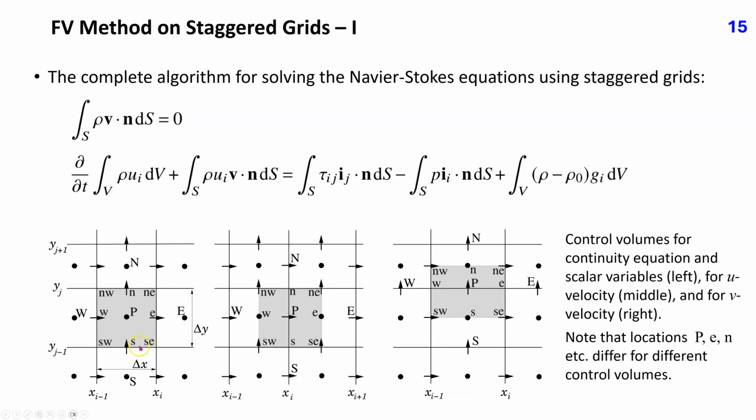Control volumes for velocity components are staggered, moved by half cell width to the right for U velocity and half cell upward for V velocity. The same notation is used for all control volumes, but we have to bear in mind that spatial locations differ. P for U velocity is E for the scalar control volume, and P for V velocity is N on the